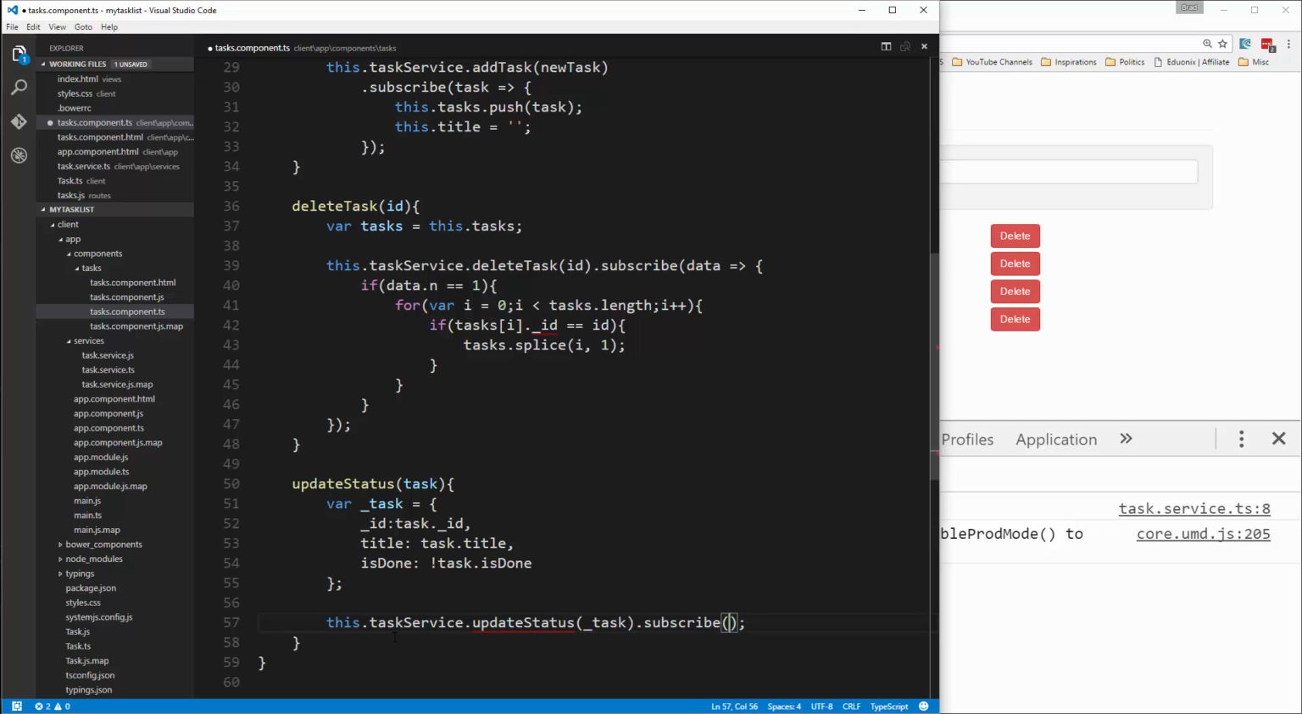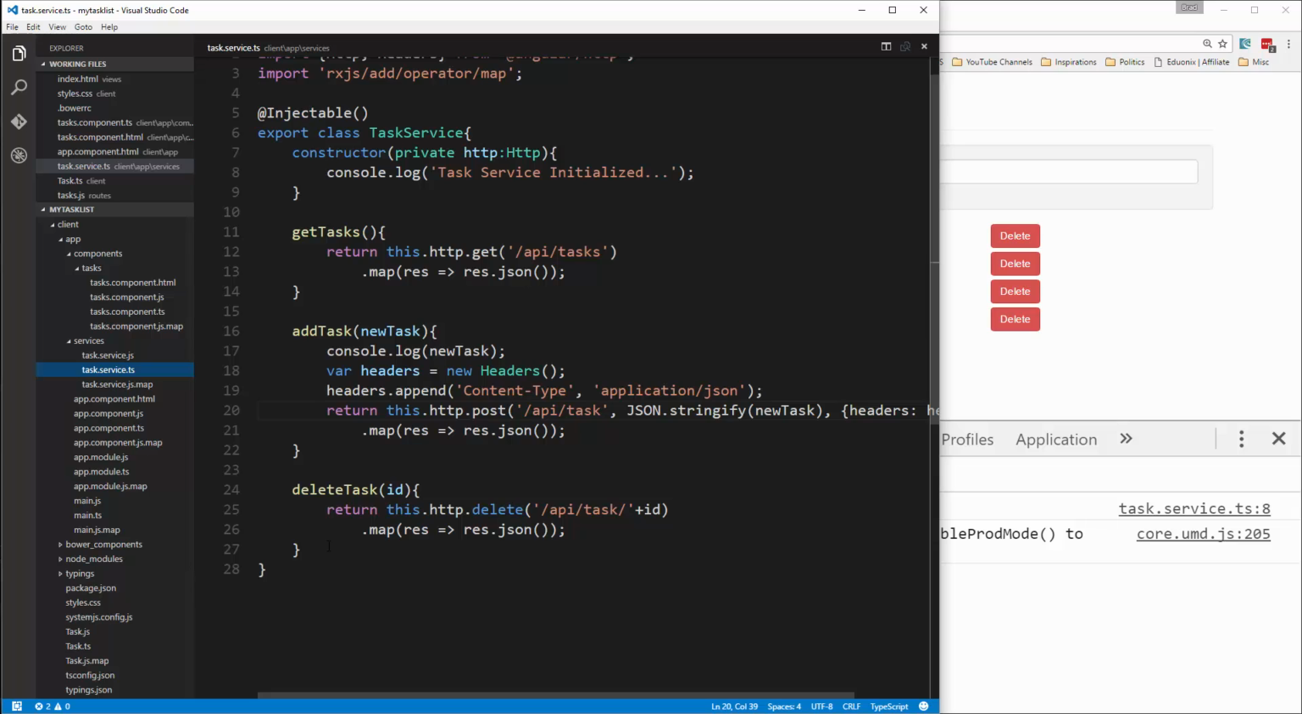Okay, and then in here we'll say data, and we're going to set task.isDone equal to !task.isDone. Alright, and that should do it for us. So let's save it, and then we need to create that service function. Okay, pass in